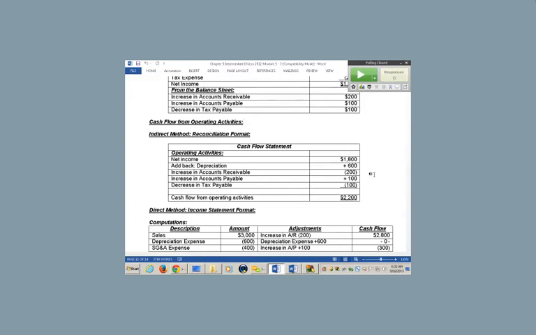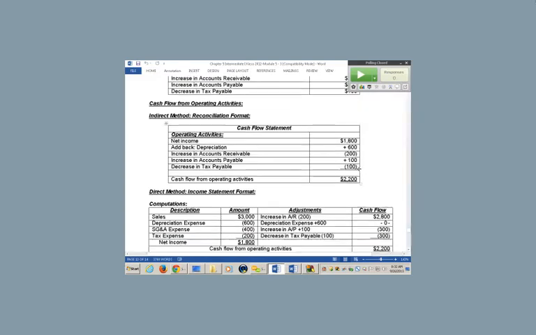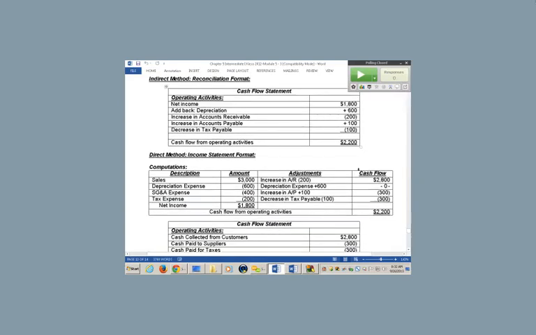Now, when you look at the direct approach, that is an income statement approach where you convert each line item from an accrual to a cash basis. So that's the accrual basis, that's the cash basis. This is just a worksheet so that if you notice, all of the adjustments are identical. You don't do anything different, except that you apply the adjustments rather than against aggregate net income, you apply it against the individual line items.